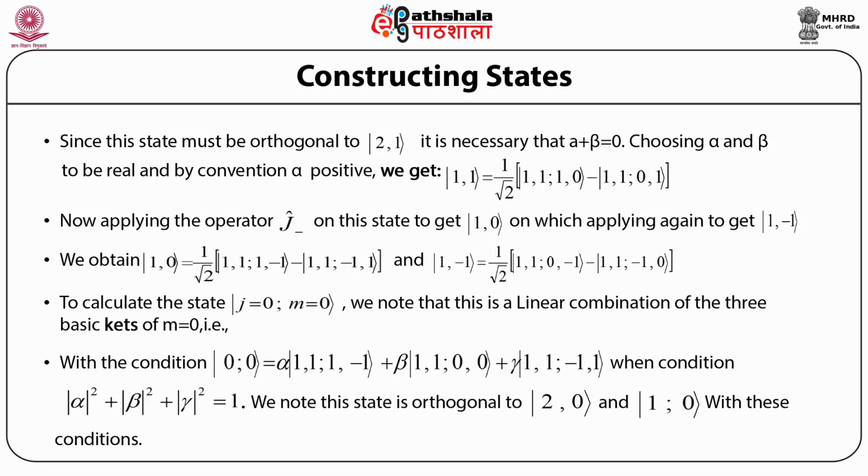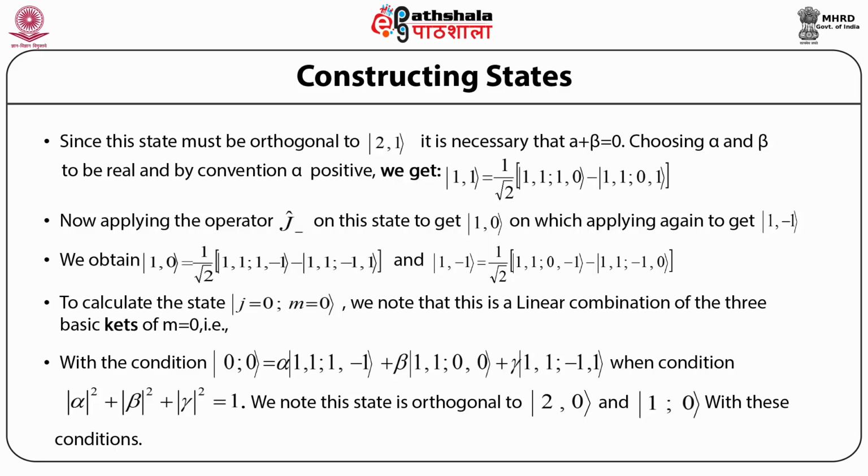Now applying the operator J minus, that is the lowering operator, on this state to get the ket vector |1,0>, and applying the lowering operator on the ket vector |1,0> to further get the ket vector |1,-1>, we obtain the ket vector |1,0> equal to 1 upon root 2 times bracket open |1,1>|1,-1>